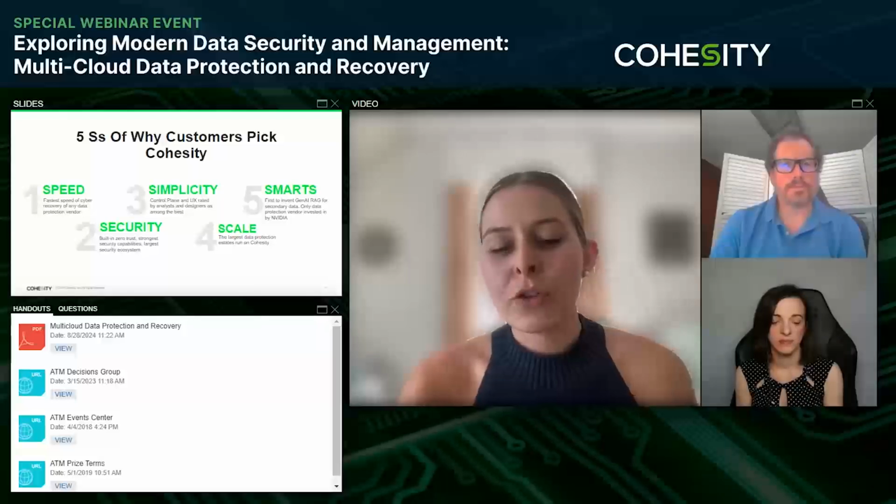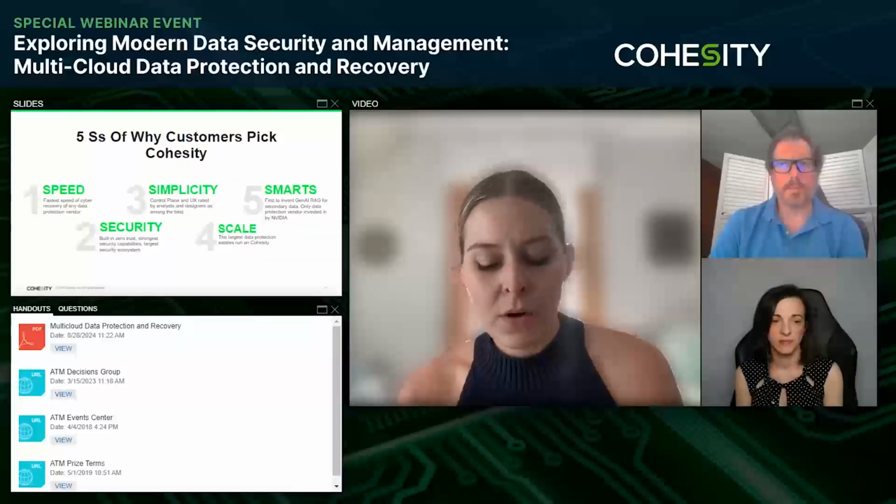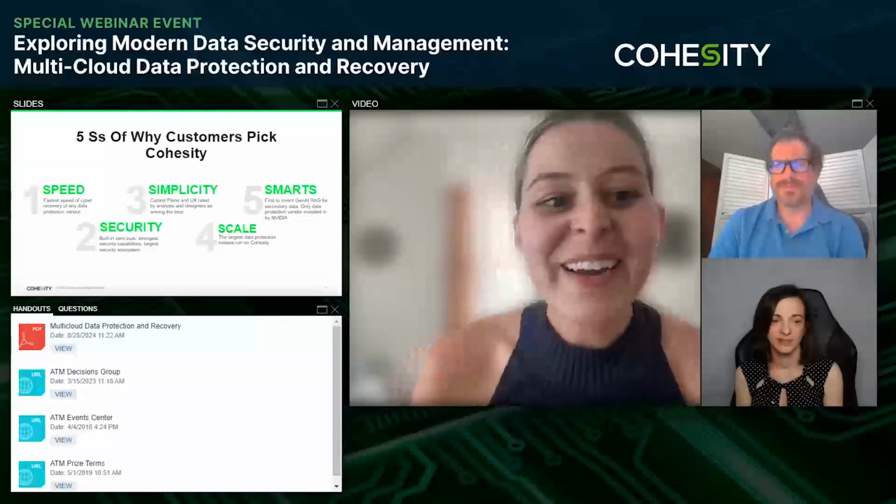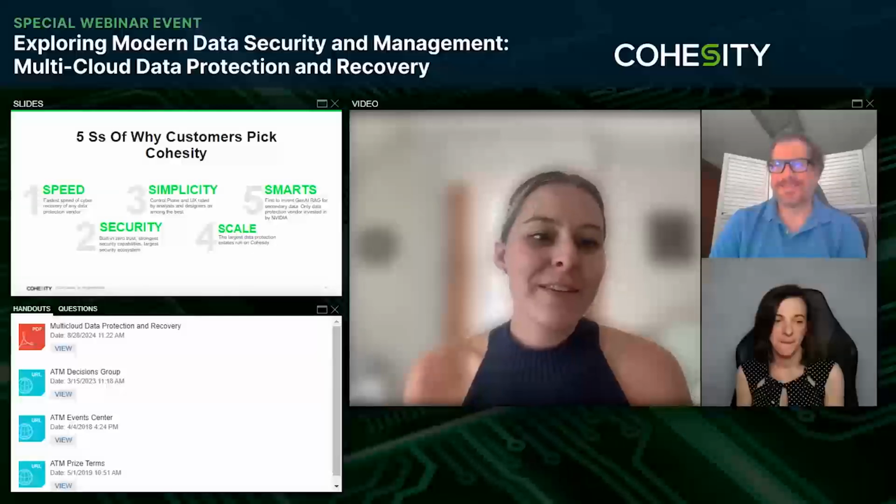But just to continue to familiarize you with us, we work with 6 of the Fortune 10, 40% of the Fortune 100, and we operate across a bunch of different industries as well as customers across the globe. To give you a little more insight into what we actually do, I think about what makes us unique and why customers pick us. Actually, I should have started with my favorite number three, simplicity. But number one is speed. The fastest speed of recovery of any data management provider.